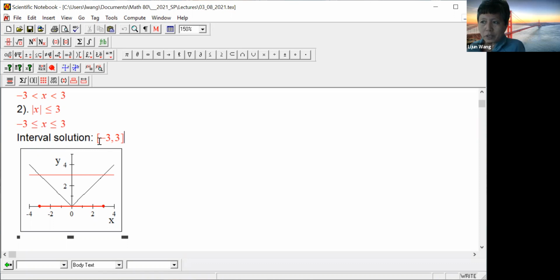If you give this interval solution, I will acknowledge your interval solution is correct, but you're not getting any points for that solution. You're usually going to get 2 or 3 points, depending on